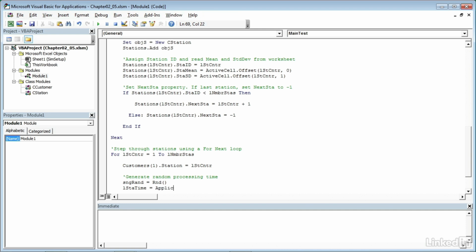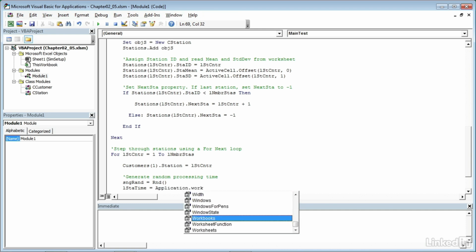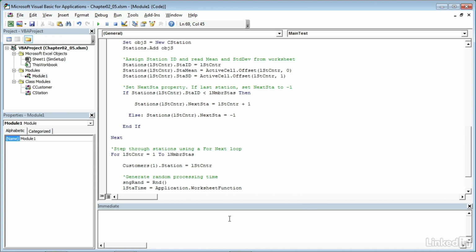So I'll type Application.WorksheetFunction, then a dot, and then Norm_Inv. And what this does is it takes the inverse of the normal distribution. So what you do is you give it a random input, the mean and the standard deviation of this particular distribution, and it will calculate the relevant value for you. You need to give it 3 arguments, so I'll type a left parenthesis, and the first is a random value, and in this case I'll make it sngRand,